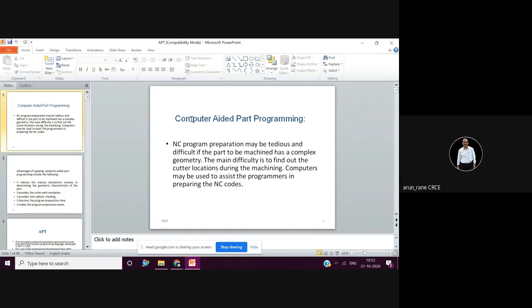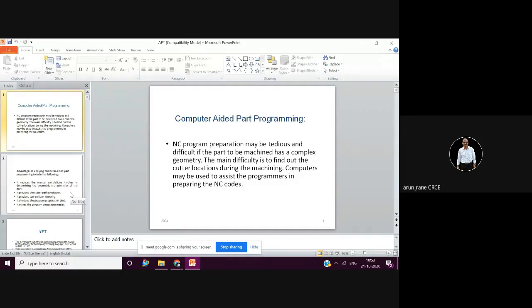Now SolidWorks is excellent for modeling. NX is good for modeling, but if you compare these two, SolidWorks is better in modeling than NX. ProE is good for modeling as well as good for machining also.